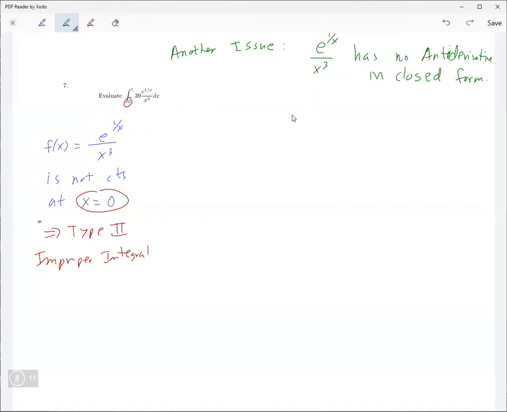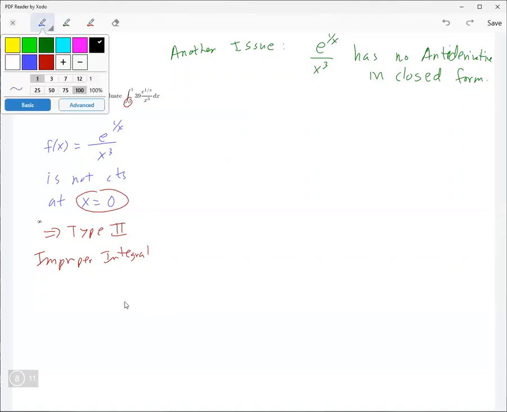Okay. So sometimes that would mean that we can't do the problem, but the problem says determine whether the integral is convergent or divergent. If it is convergent, evaluate it. If it's convergent, then I don't know how we would be able to evaluate this. But luckily, it's actually divergent, and you can show divergence this way. Here's what happens.